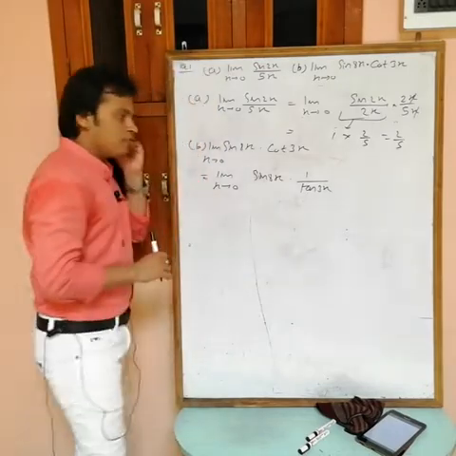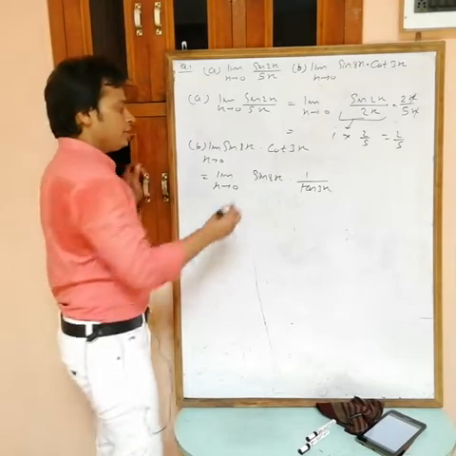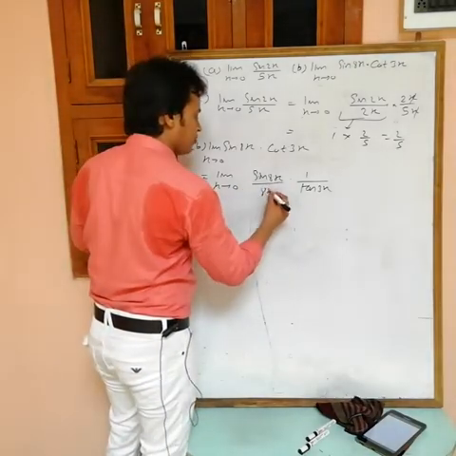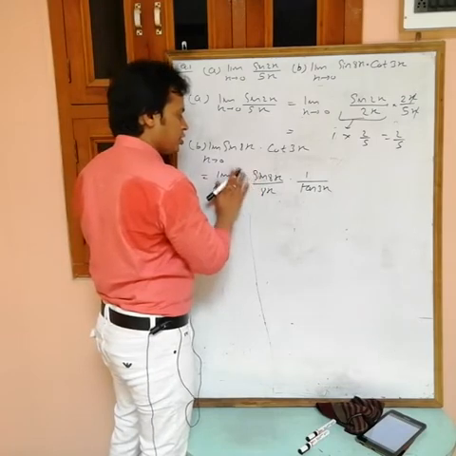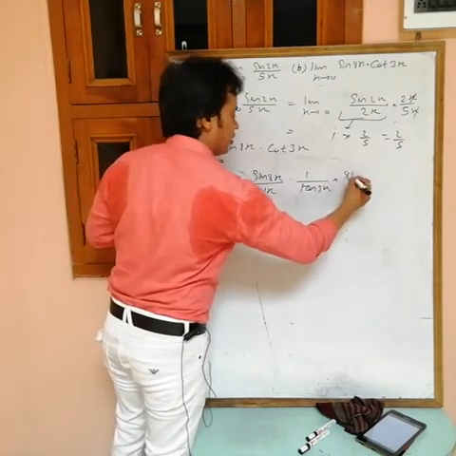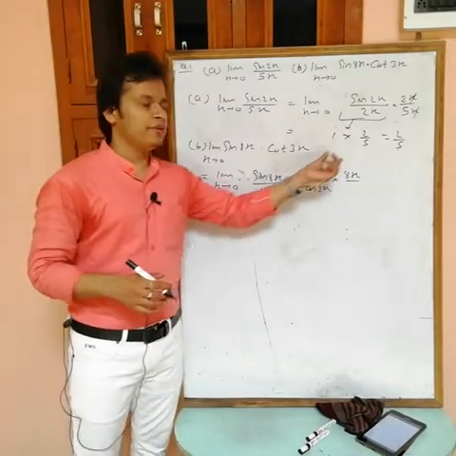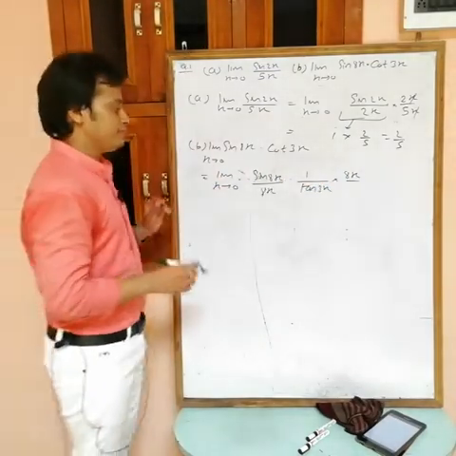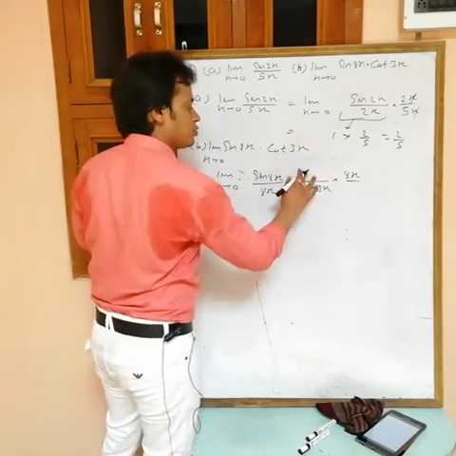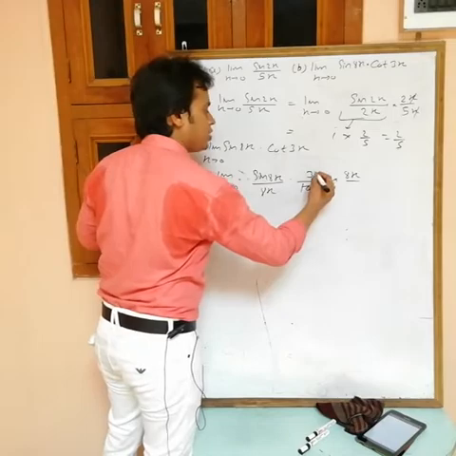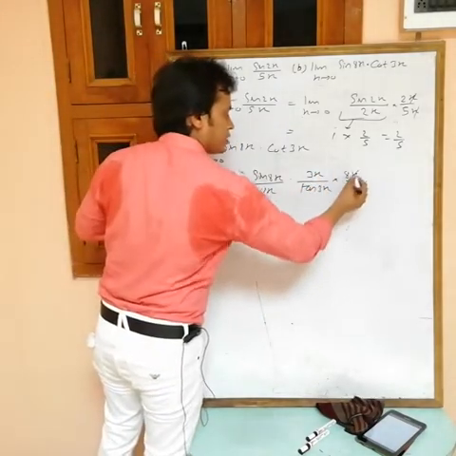Okay, and we have the standard formula for sin x by x and tan x by x. Here there is 8x, so I divide by 8x, and then I have to multiply by 8x also. I am multiplying by 8x in the numerator. For tan 3x, if you want to convert this in terms of tan x by x, then we want 3x, so also divide by 3x. Now x cancels out.